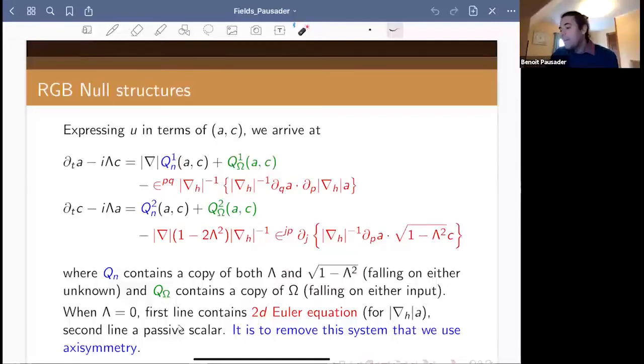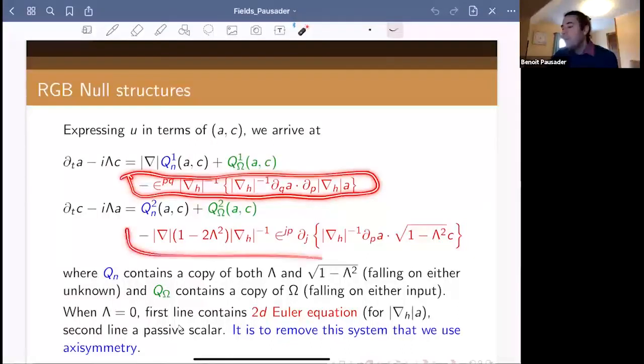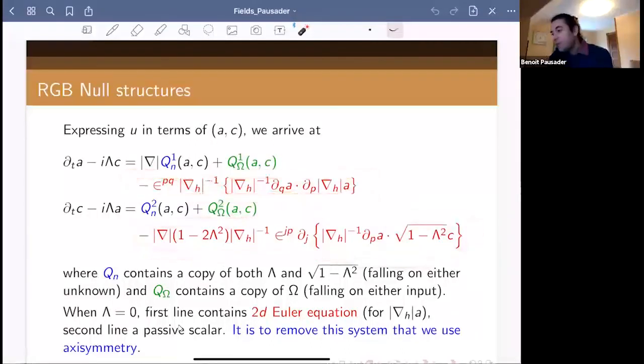So at least those things should have some kind of null structure, which is quite nice. And then unfortunately, you also have those red terms here and there. And now those red terms, this is what they are. And as you can see, they are not going to give you any other nice property when you approach those degenerate spaces. And in fact, what you can see is that if you're looking at horizontal